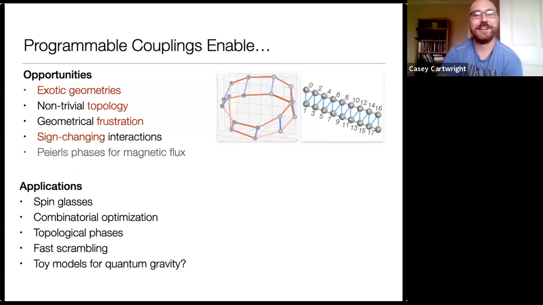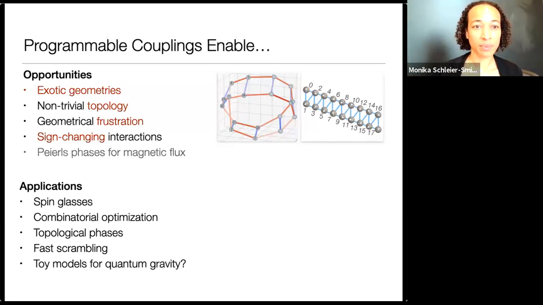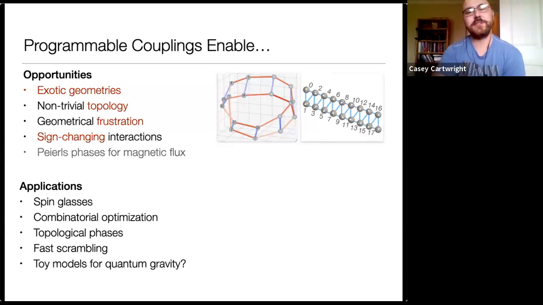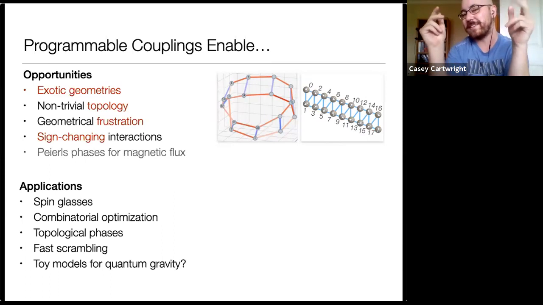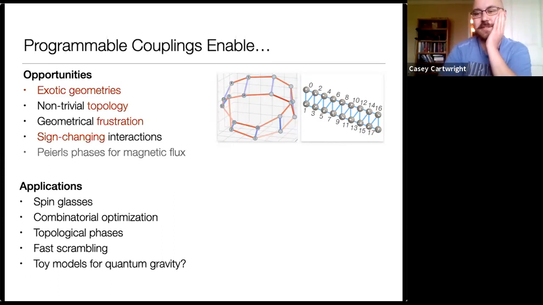Sure. Yeah, it's just really interesting. So I have another question. You're showing that you can make these geometries out of the couplings of these different sites. And I was wondering, and this might be going into what you're going to talk about later, if you could realize some type of horizon in these geometries, where if you were to start with some pattern of entanglement or some interaction behind the horizon, it doesn't talk to the others outside of the horizon on the geometry that you created.